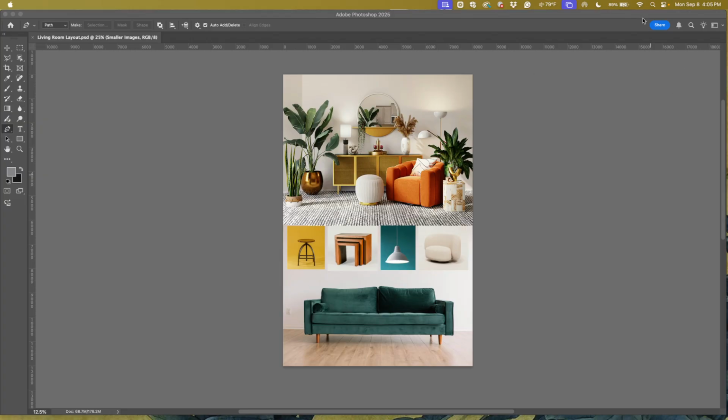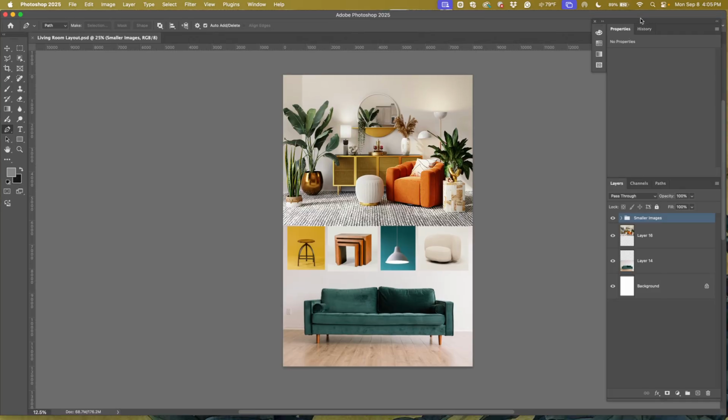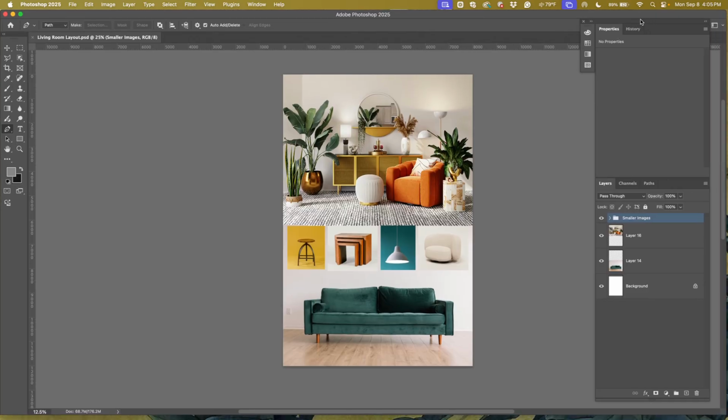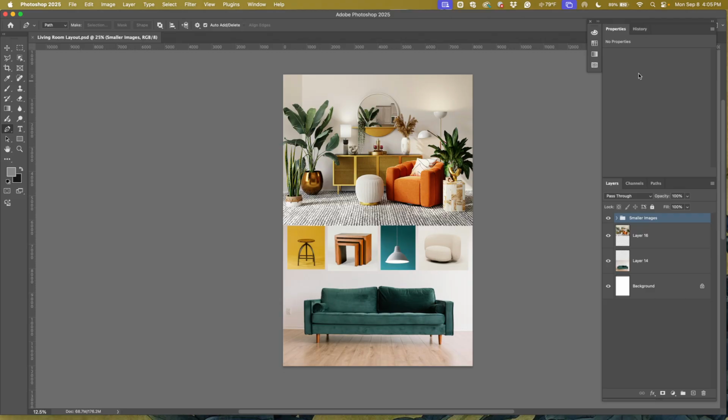And I see I lost some of mine. There it is. Okay. So this is how I have it set up in my panels here. So for the sake of this, just so we have a starting place so you can kind of see this,